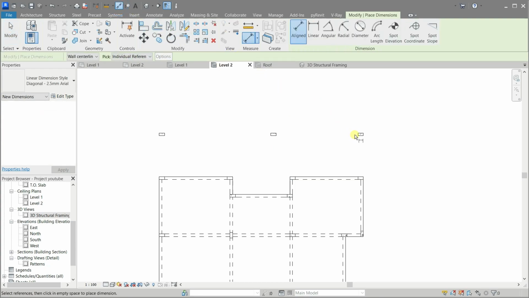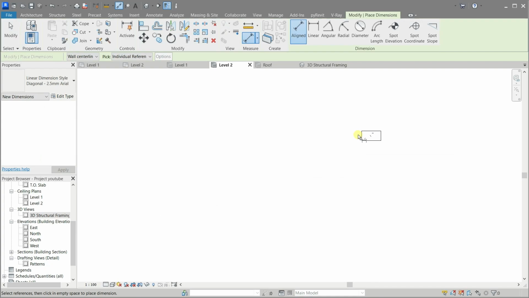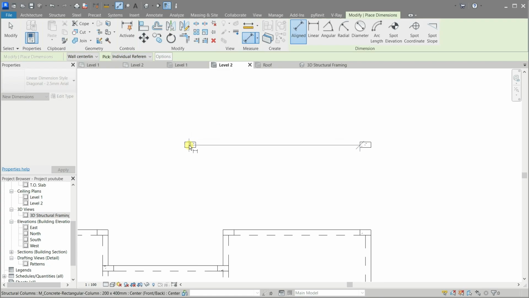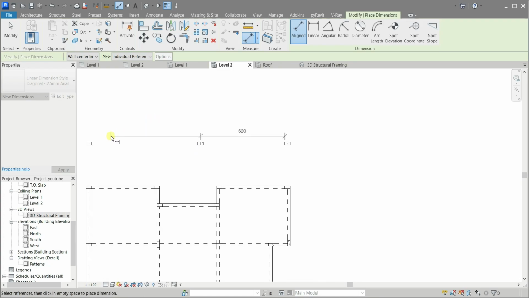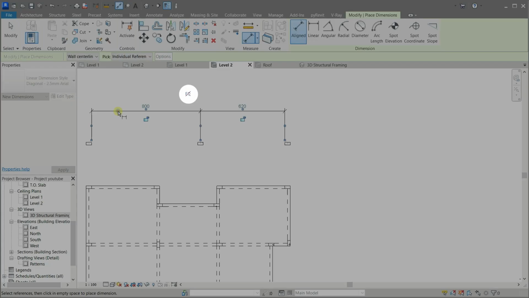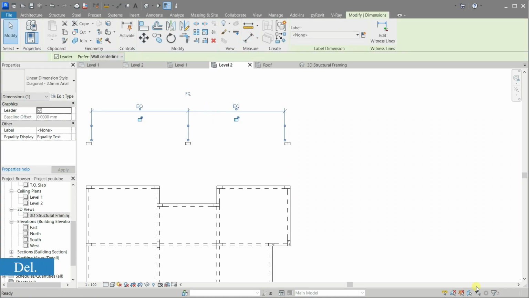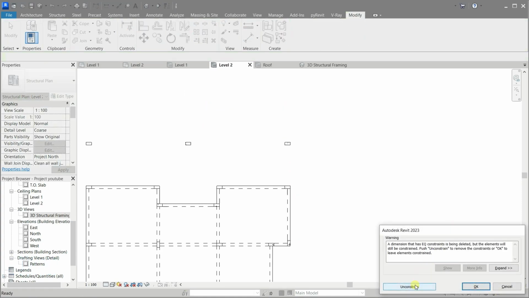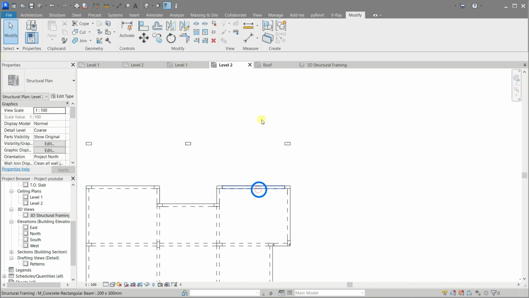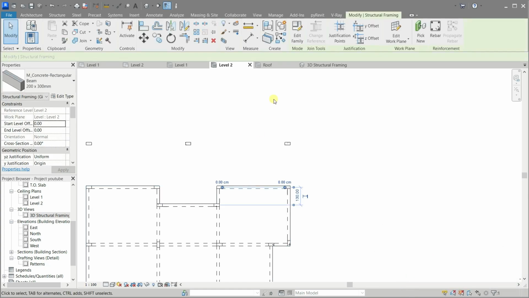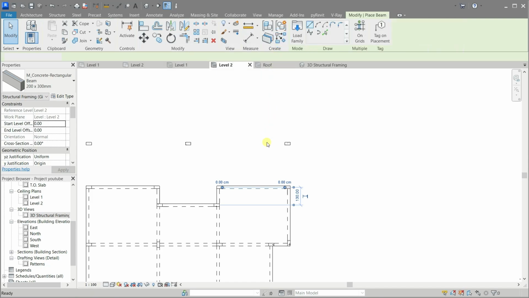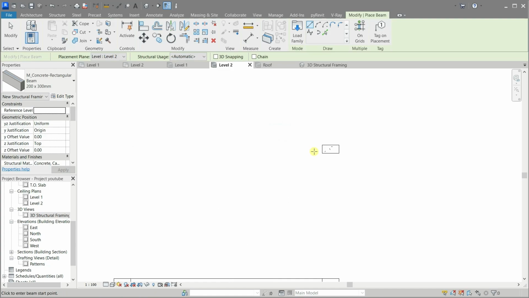Use the dimension tool to divide the distance equally, then delete it. Select any beam and use the Create Similar tool to create a beam above these three columns.